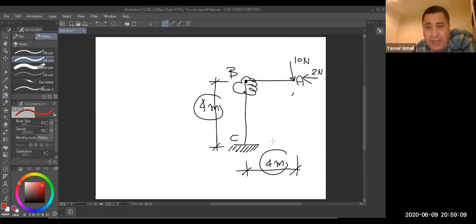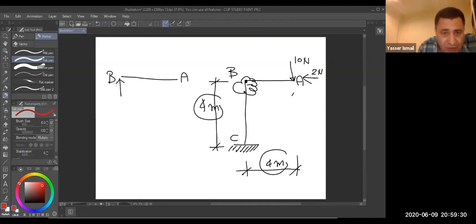what is the difference between the connections I mentioned? I have this one, we call it a rigid connection. What does a rigid connection mean? In a rigid connection, if you cut a segment A, B, I have 3 internal reaction forces that will appear: X_B, Y_B, and moment M. You get X, Y, moment.